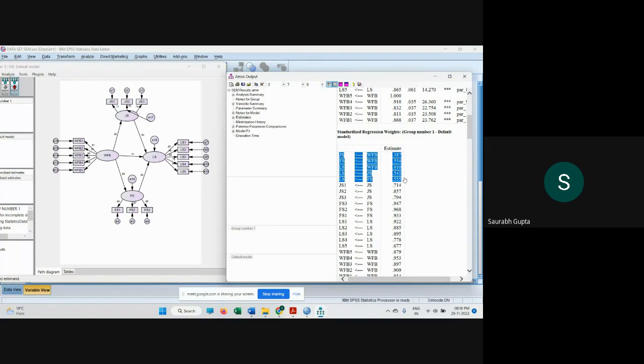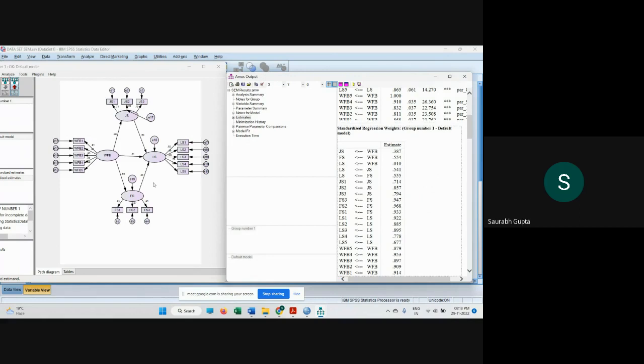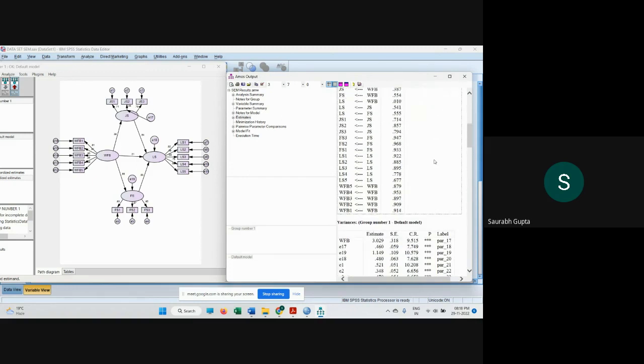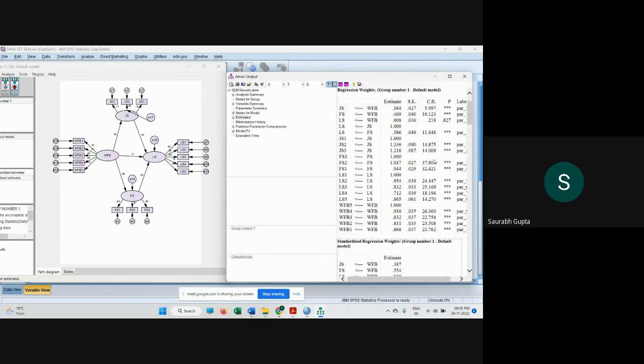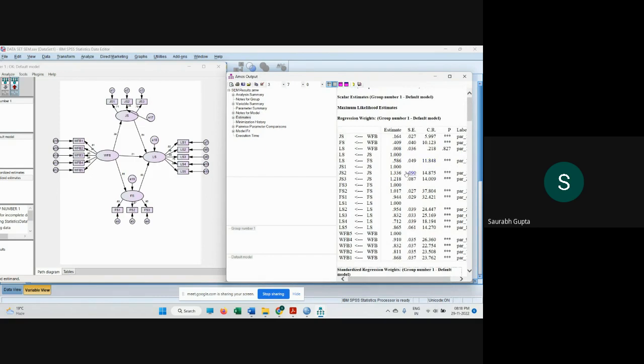So here we can take this 5. It will show that work family balance has a positive and significant effect on job satisfaction. The standard regression weight value is 0.387. Okay,